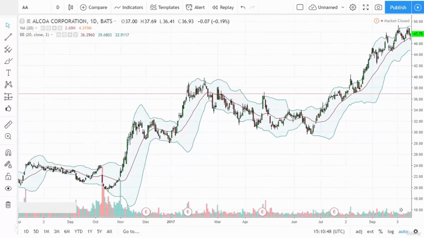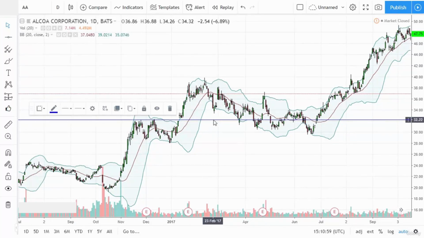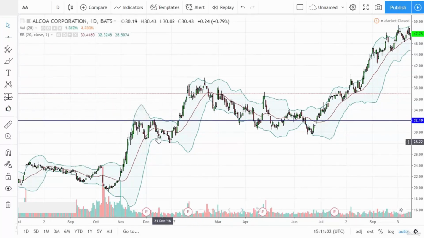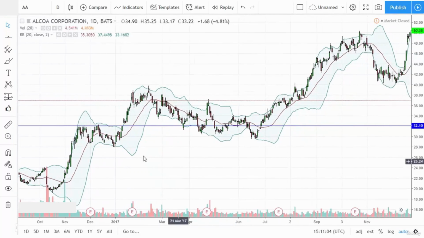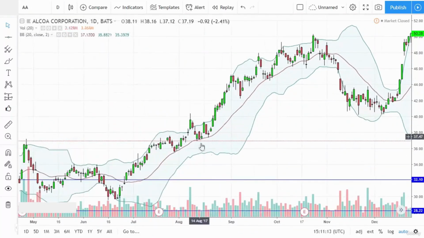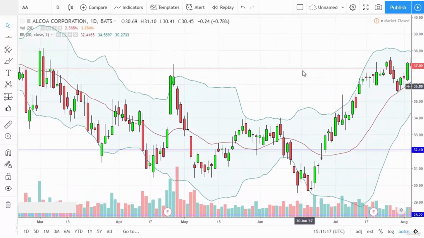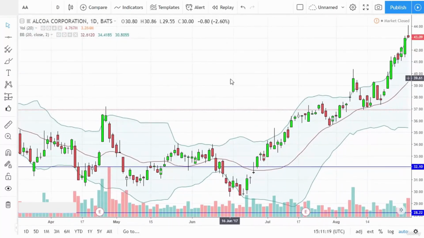So for an example, let's go ahead and draw a horizontal line here at this previous resistance. So you would have known that somewhere around $32-ish there was resistance. And you would have also known that there was support here. So it makes sense that there's going to be a lot of buying pressure in this area. And that's exactly what we saw. So where's your signal? Well, your signal could be every time you break above this moving average. But quite frankly,